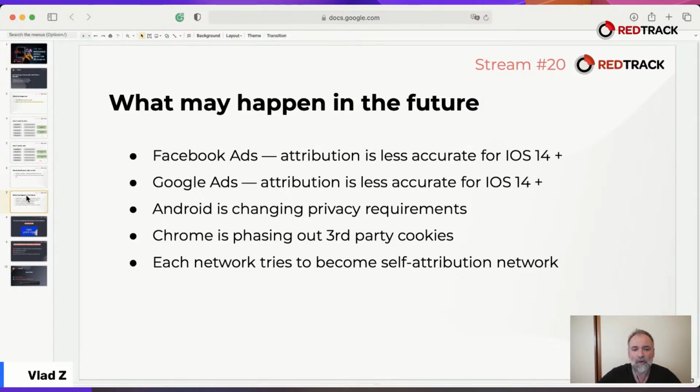And then Chrome will also phase out third-party cookies, meaning that all desktop traffic will not be able to rely on third-party data, third-party tracking pixels. And moreover, Facebook, Google, Apple soon will start to position themselves: okay, if you want to track your clicks, put our pixel, use our first-party data, like they used to do, and we'll count your conversions.